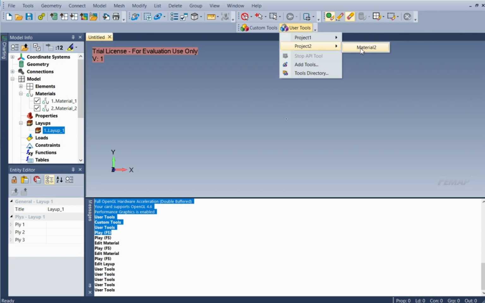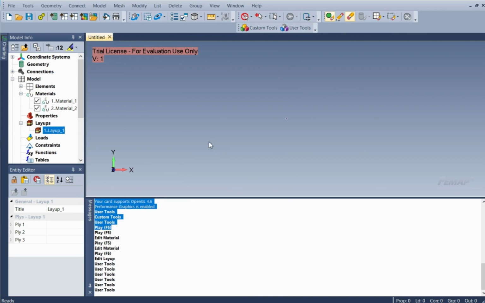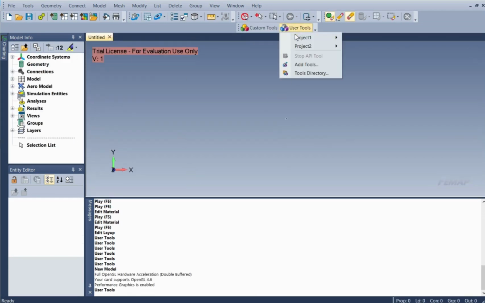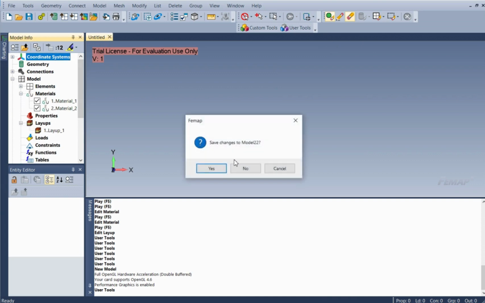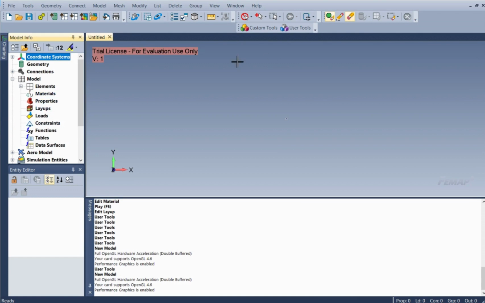So next time, if you don't save the change, it's fine. When you open a new file, a new model, you still have this, and you can call it directly here, and it will show the materials. In a similar way, if you open here, just to show it's completely empty, and we call project 2 material 2, it will be shown